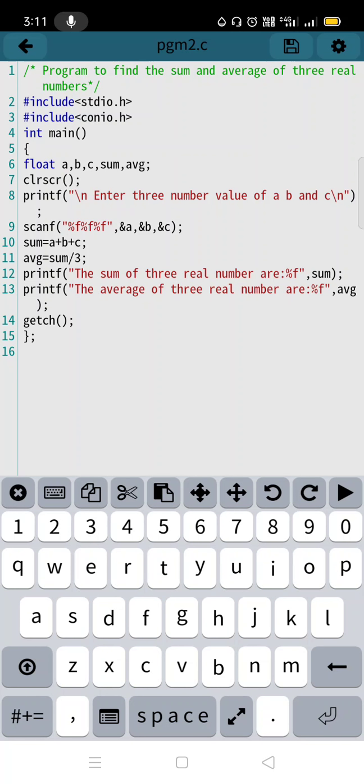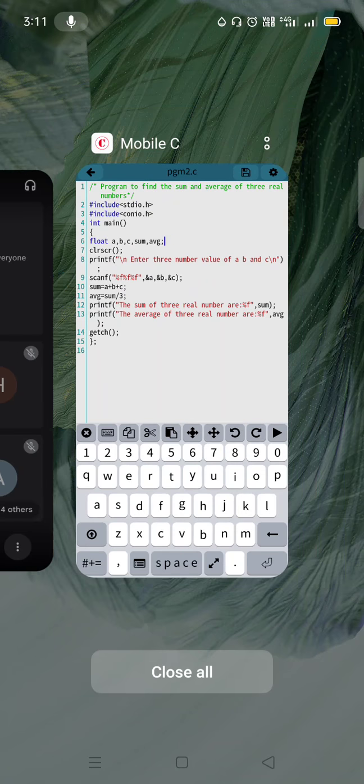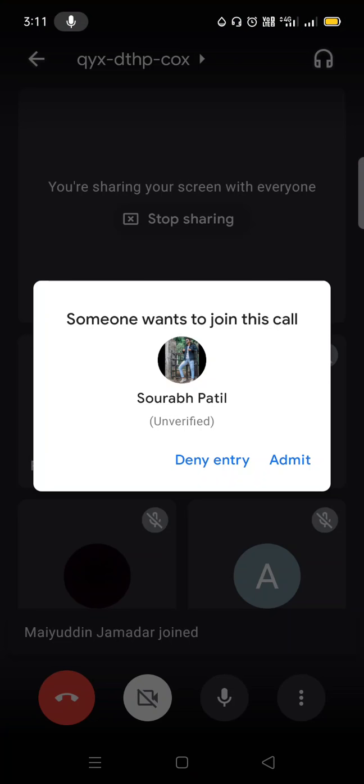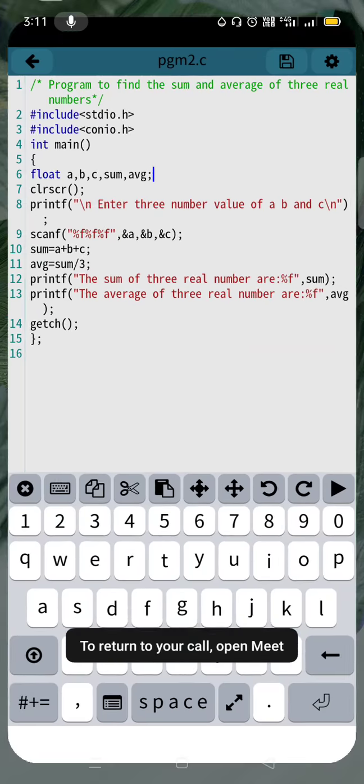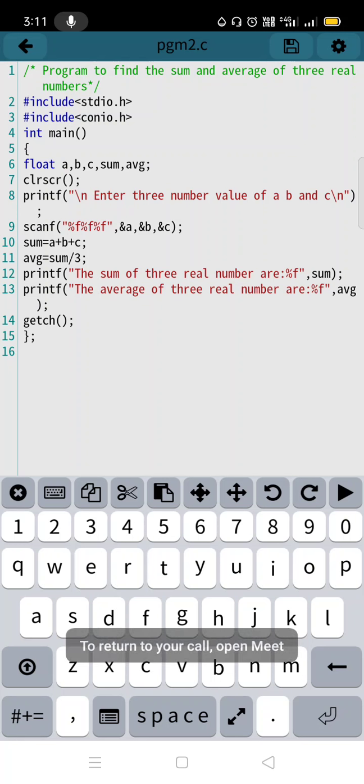Now after that, they told us to find the sum of 3 real numbers. For that, what are you doing here? You have taken the data type float. In yesterday's class, in the first program, I told the difference between int data type and float data type.